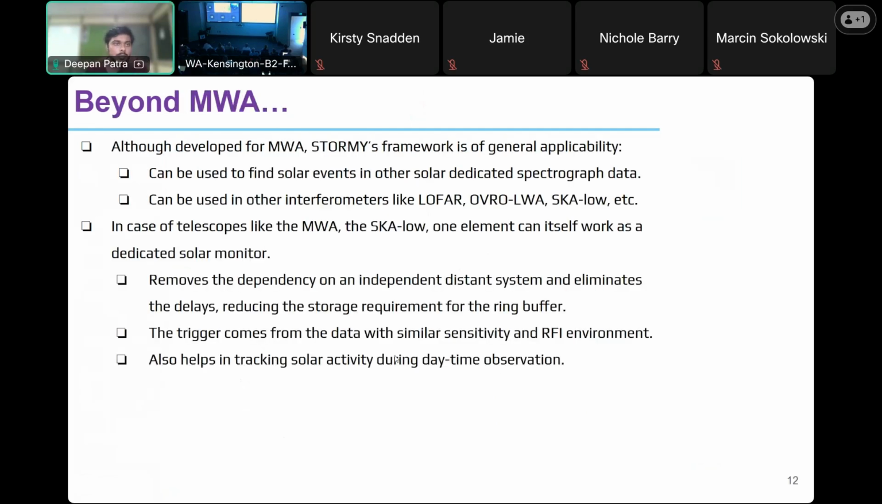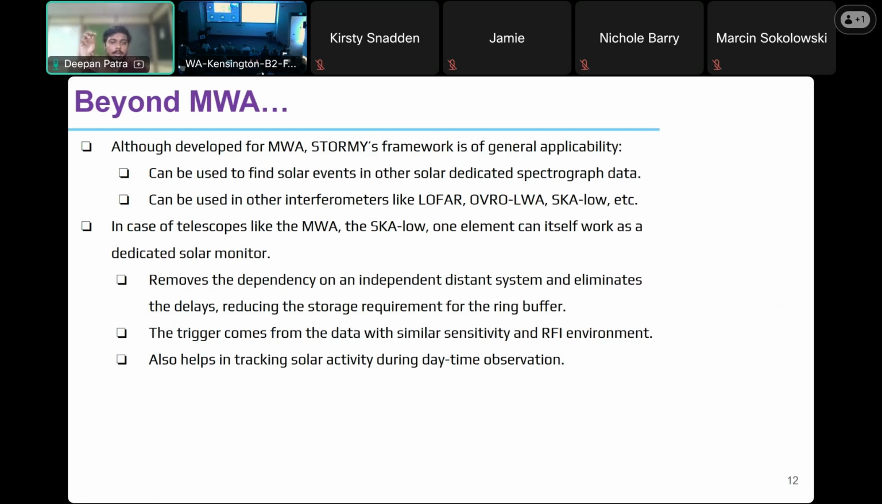So moving on, although we have developed this pipeline for triggered observation at the MWA, the framework is of general applicability. One thing we can use it for is to find solar events, let's say in other solar dedicated spectrograph data. It can also be used in other interferometers like LOFAR or LWA or the upcoming SKA-Low for that matter. And also in the case of telescopes like MWA and SKA-Low, one element itself can work as a